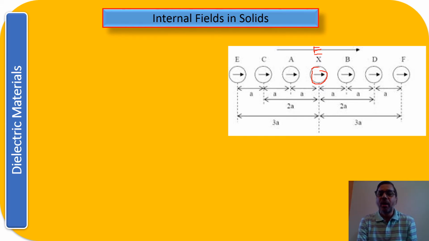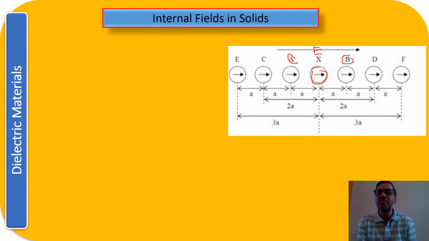Now for all the atoms, as you can see, first I am taking atom number A. You see atom number A, this is also a dipole, and atom number B, this is also a dipole, and let us suppose the interatomic distance is a. So A is going to give you a dipole moment, and B is also going to give you a dipole moment. So due to both A and B, what will be the net value of the dipole moment or the electric field on X?